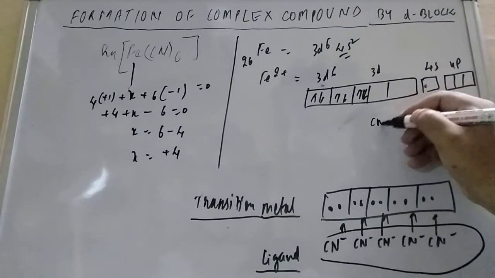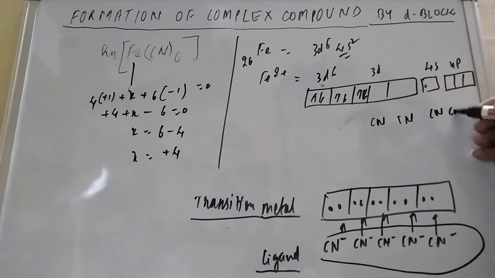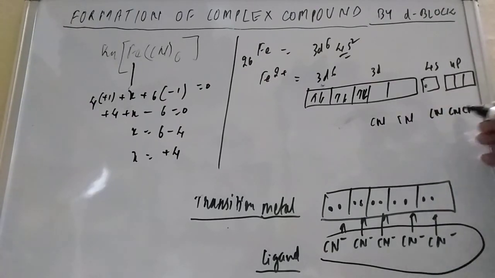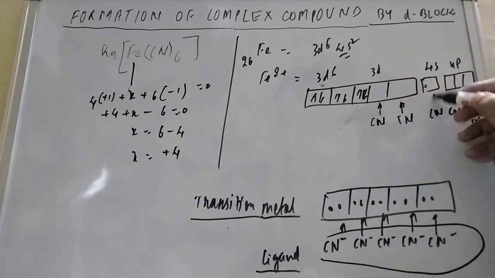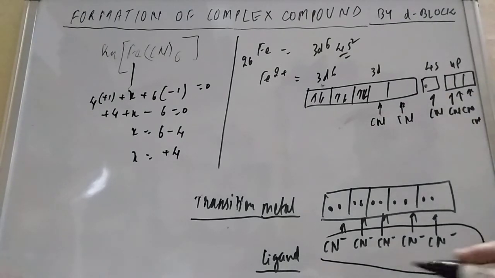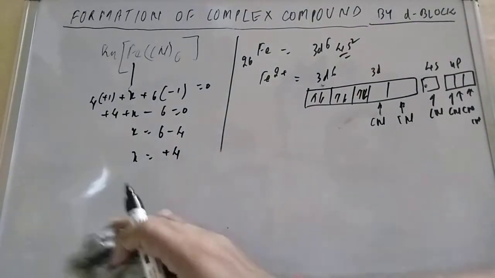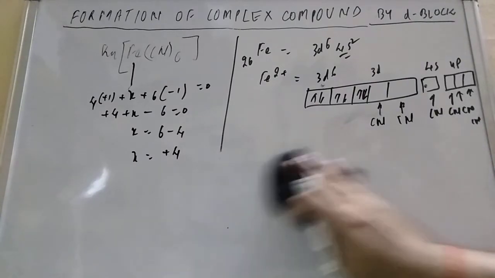Dear students, try to understand this. How many CN are there? Six. Here CN will be there, and similarly downside, CN, CN and CN. So 1, 2, 3, 4, 5 and one more, CN six. They all will donate here. Hybridization we will study in the next chapter, where all the detail will come in a more profound way and you will be able to understand it properly.